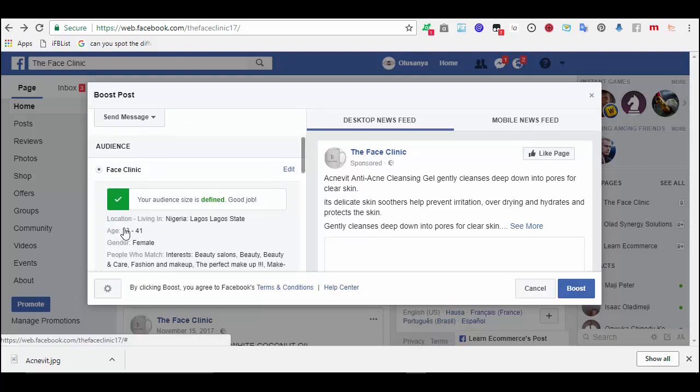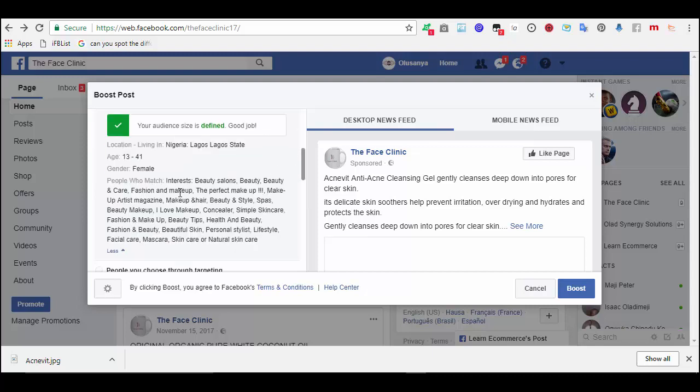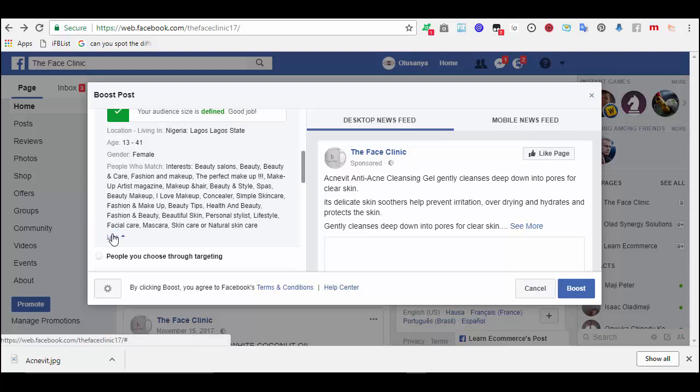Let me see. Okay, actually this is what I promoted. I targeted beauty salons, beauty and care, fashion and makeup, the perfect makeup artist magazine, makeup and hair, beauty and style, spas, concealer. Okay, I think these are the people I targeted. I think this one is okay. I've done the research for this.